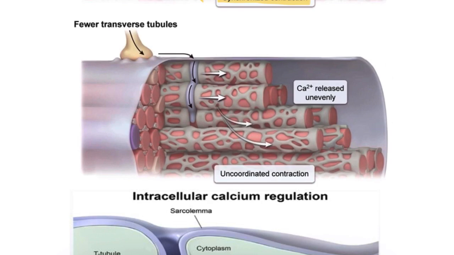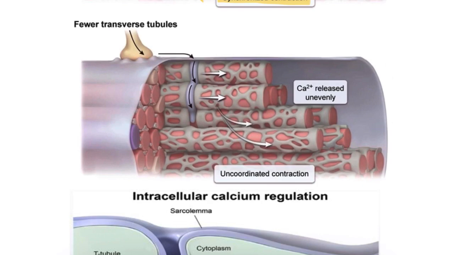As a result, calcium is released unevenly. This leads to uncoordinated contraction, meaning parts of the muscle contract at different times, reducing strength and efficiency. This scenario is common in aging muscle or certain muscle disorders, highlighting how critical T tubules are